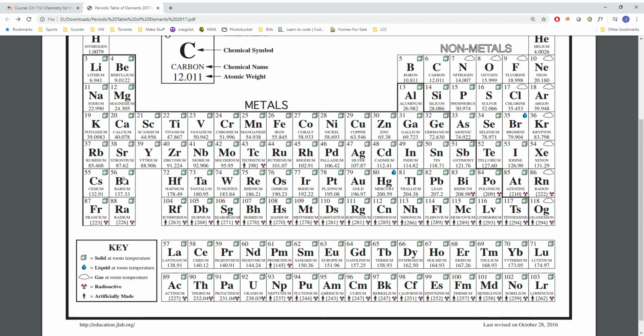So it goes 55, 56. It doesn't just magically jump to 72. It goes 56, down here 57, 58, 59, 60, blah, blah, blah, 71, comes back 72. And so same thing with the actinide series right here. It's going to go 88, 89, 90, blah, blah, blah, 103, and it's going to come back 104, good old